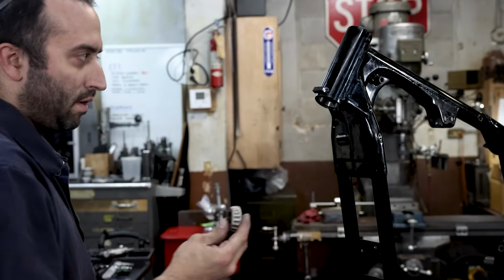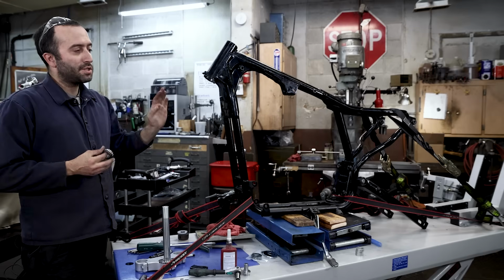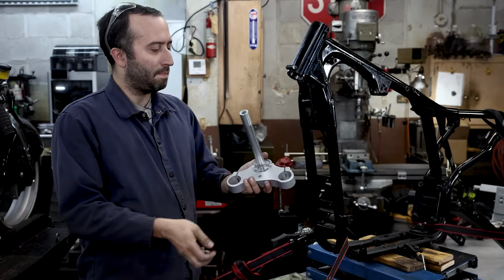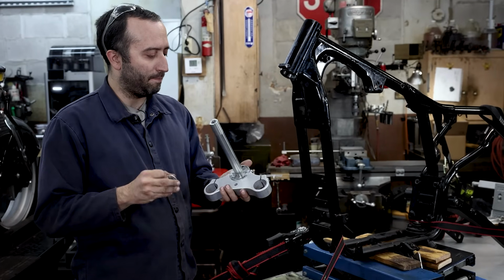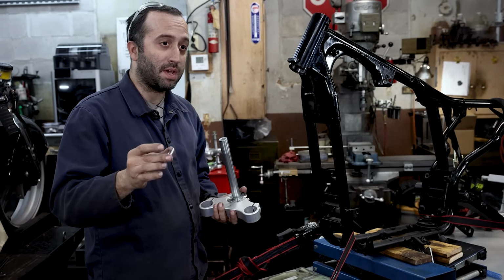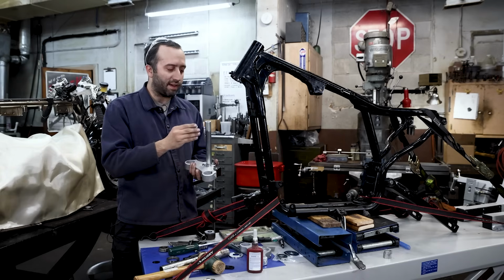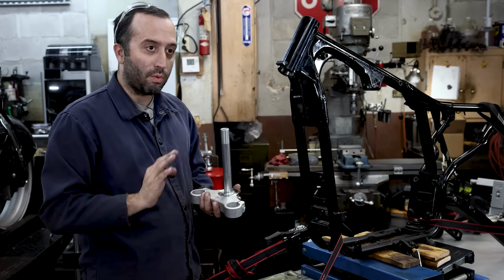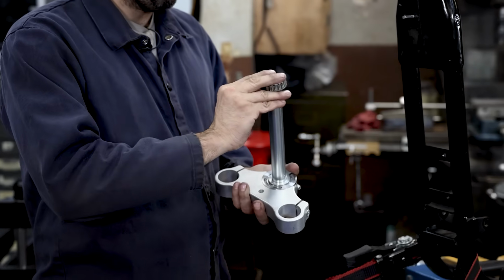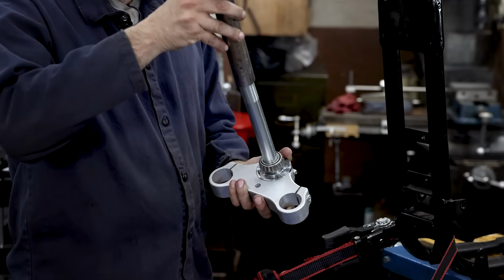We've got our 2 Timken bearings. We're going to install one at the top. We're just mocking it up, so we're not going to have these greased at the moment. So we're going to fit this up. I'm going to install the bearing on the bottom of this, and I need to put my shim on to space the fork plate away from the bottom surface of this neck. So I got that, and that's just going to go right before the bearing. Slip the bearing on, and with our official Harley tool,